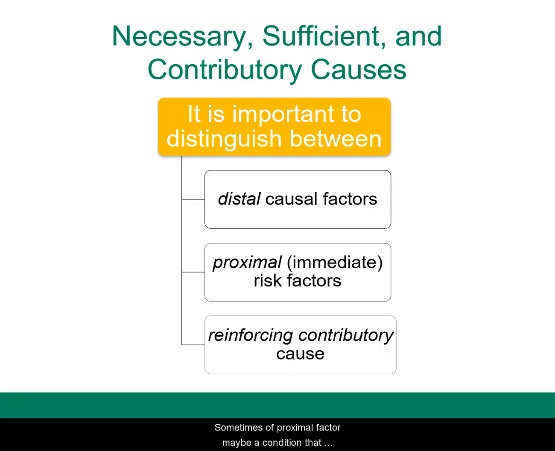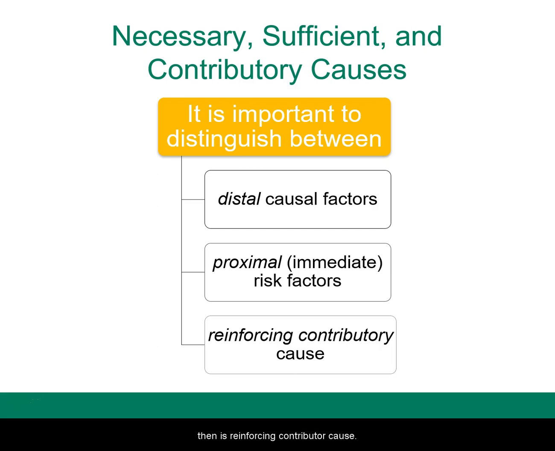Whereas a proximal factor may be a condition that proves too much for a child or adult and triggers the onset of a disorder. A crushing disappointment at school or work, or severe difficulties with a school friend or marital partner are examples of more proximal factors that could lead to depression. But you see how these are occurring at the time in which the disorder begins. So it's proximal, or in this case it says immediate.